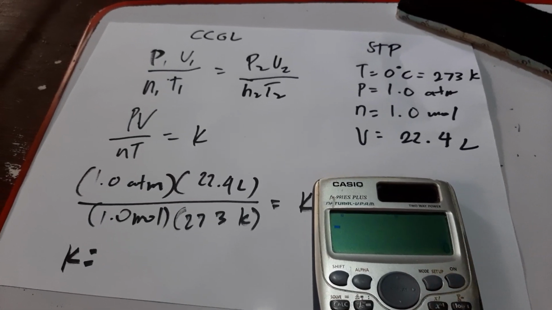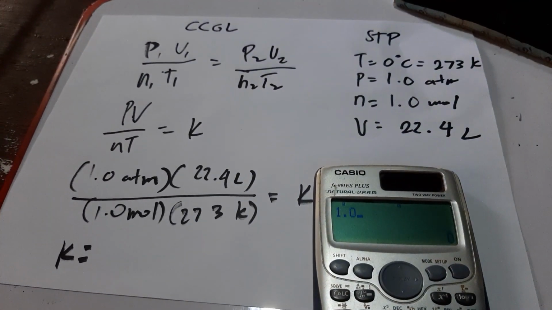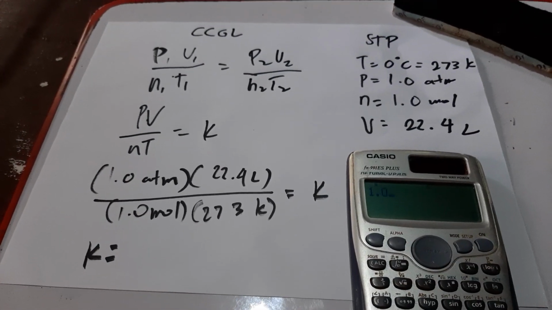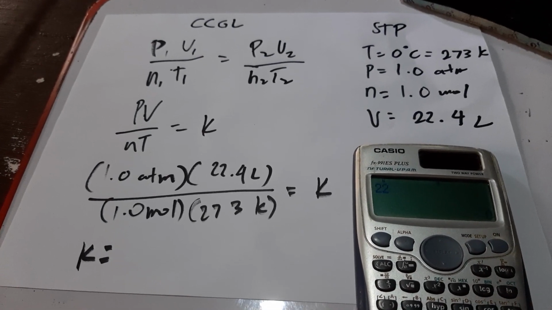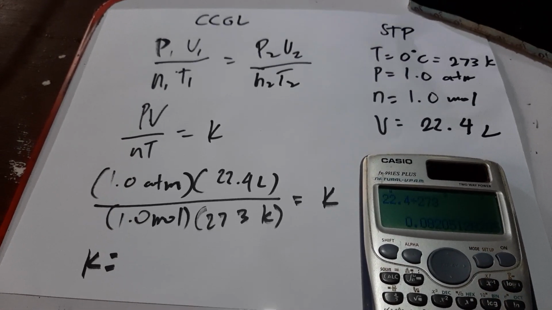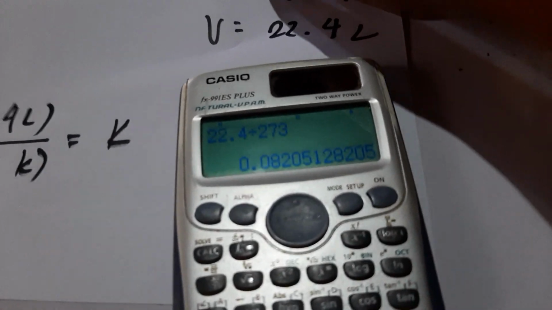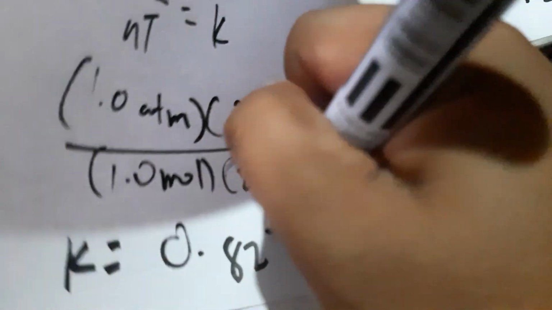So, let's place that into the calculator. 1.0 times 22.4 over 273. So you'll follow: 22.4 divided by 273. That would give me 0.820, or simply 0.821. That would give me 0.821, and the unit